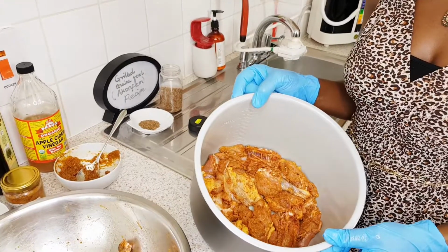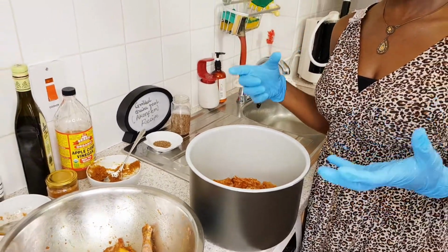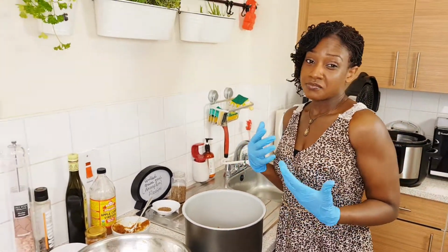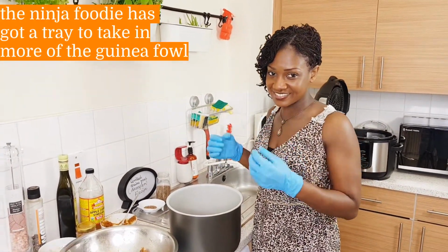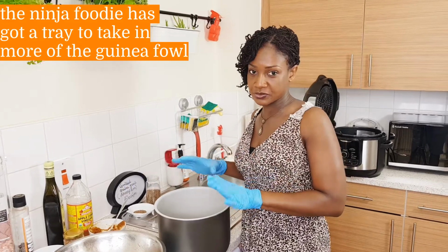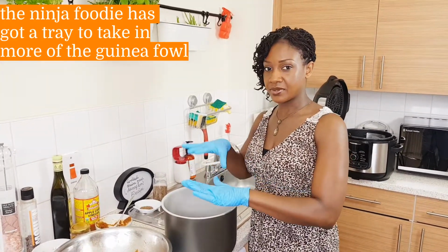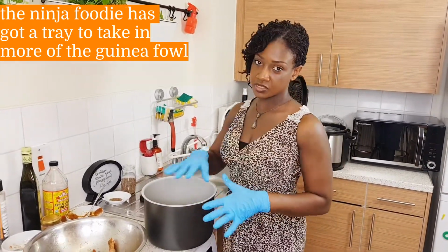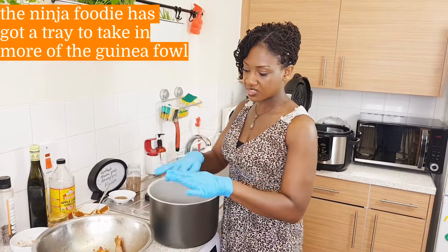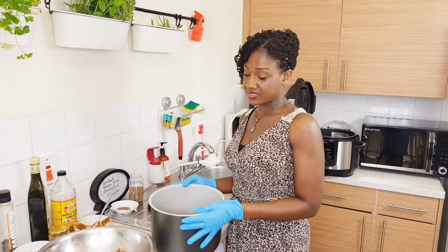So this can all go in, but I've realized when you overpack it, it takes longer to cook, and for me, I don't get the same taste. You can choose to put all in, and it's got another layer where you can put 2 in, but I prefer to do it this way. Don't get me wrong, you can put all in at once, so that in 20 minutes it will all be done. But if you want it to seep through, like